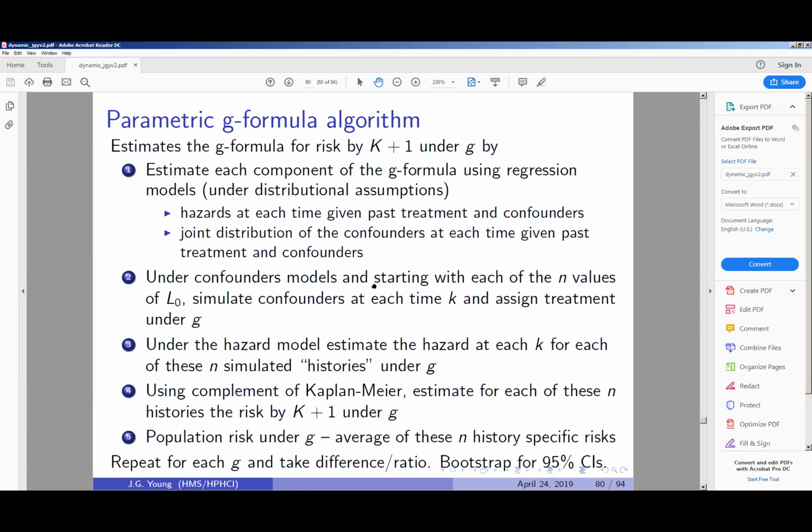So that's why I tend to limit my use of the parametric G-formula to questions that can only be answered, at least for now, with that algorithm. For example, natural treatment value interventions, or as a secondary method, as a way of evaluating how bad near positivity violations are, how well the question is supported by the data.